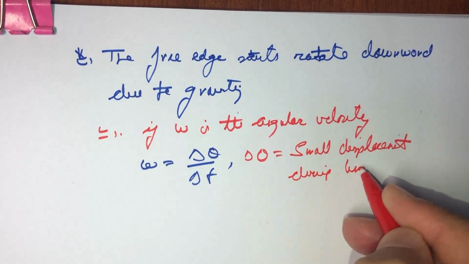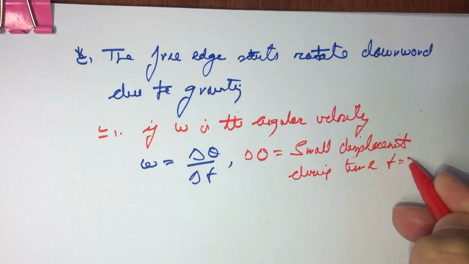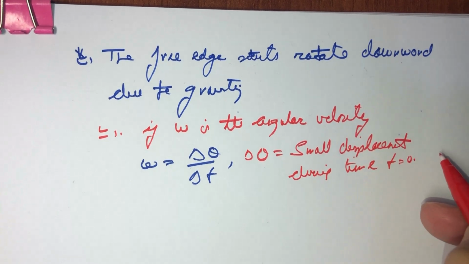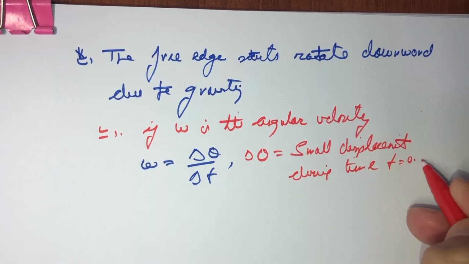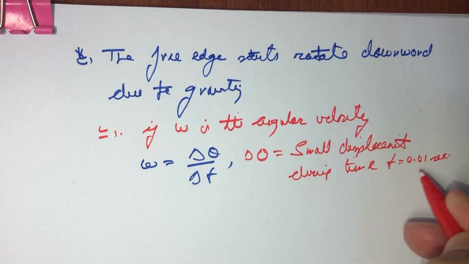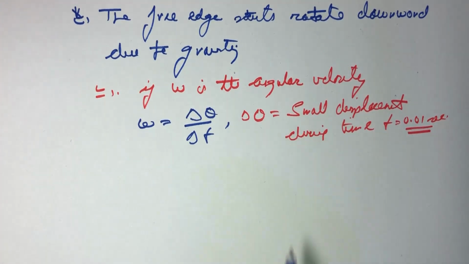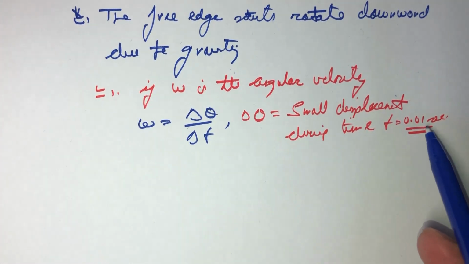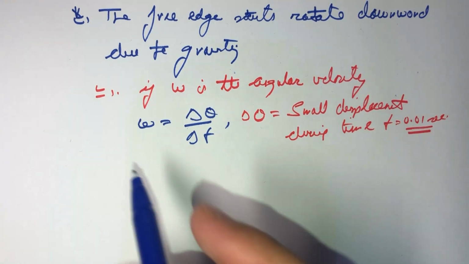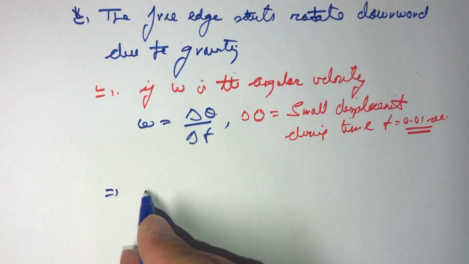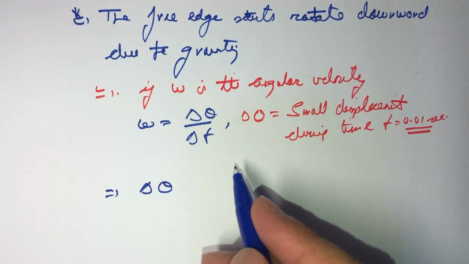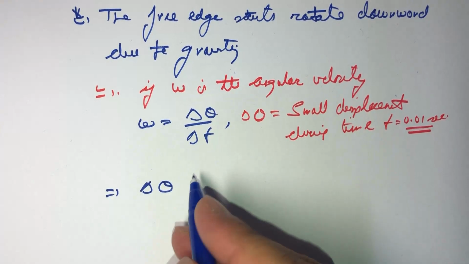And as the time is very small, that is 0.01 second, delta theta will also be very small,